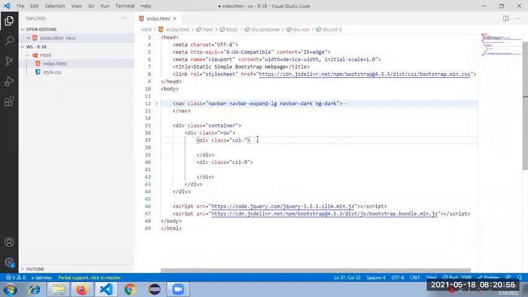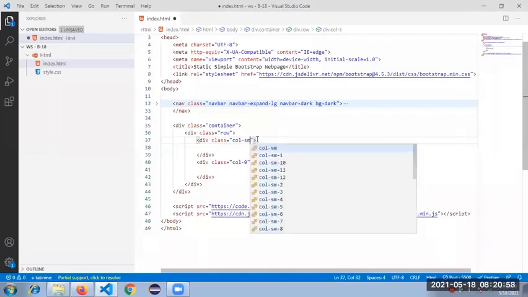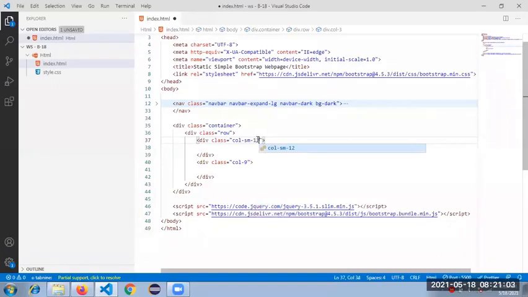Col-sm-12. Can anyone tell why I'm using 12 here? Because mobile first approach means the small device. For the small device, it has to accommodate the full width, 12 columns. 12 means it will accommodate the full width. So for that purpose, I am using 12. So if people open this web page on smaller devices, it will show as full width.